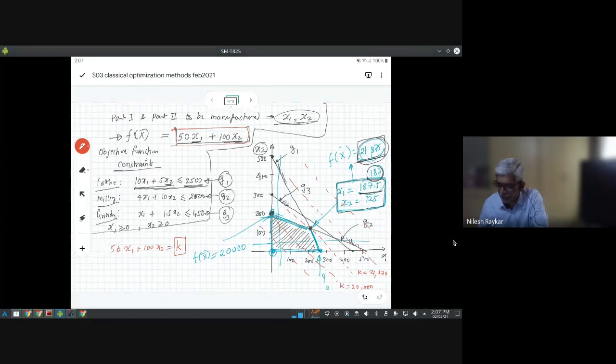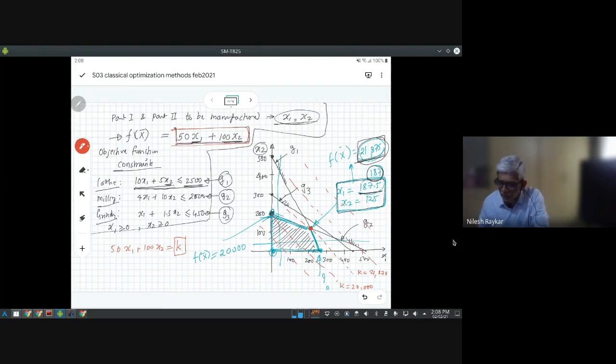Another insight from this particular method, or rather any optimization problem, is that not all optimization problems have unique solutions, or a single solution, as we can see here. If this objective function happens to be parallel to any of the constraint lines, in that case you will find that the objective line and the constraint line, instead of intersecting, will overlap each other. So instead of having a unique solution, you will get a set of infinite solutions. I will just illustrate that.